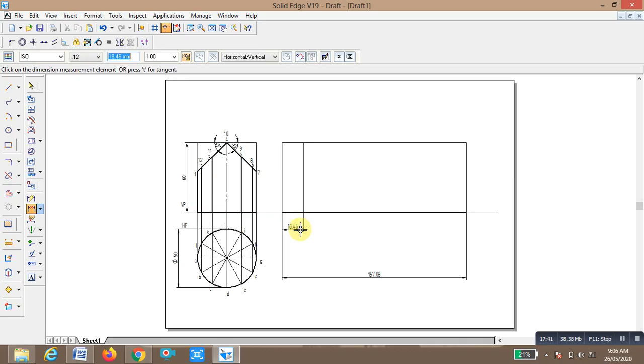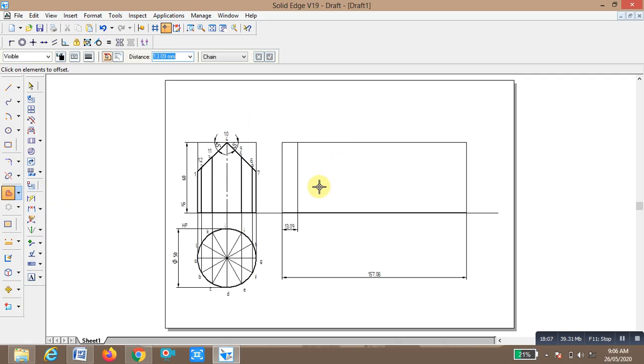One option is there, that is the offset method. We call it the offset method. You click on this option, this is the offset command. Click on the offset command, then click on the element to offset, means this one. Enter the distance you want to offset, that is 13.09, enter.